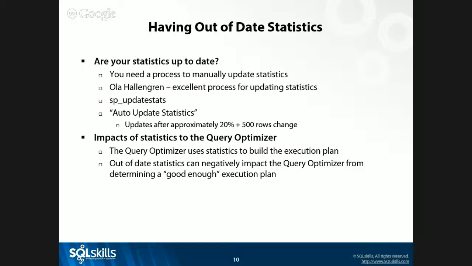How do I typically handle this with clients? I'm implementing Ola Hallengren's maintenance script. When I get to the index optimize, there's just a parameter that I pass, update statistics equals yes, and then I'll tell it only modified statistics. So I'm not updating all statistics every time, only those that have been modified. Everybody know for a fact you're updating statistics on a regular basis? A few hands. Should have been all hands.